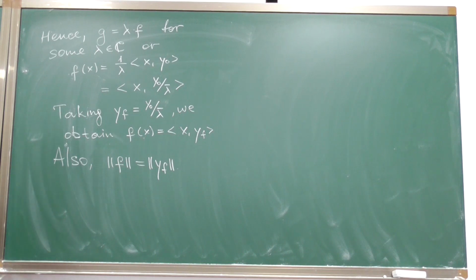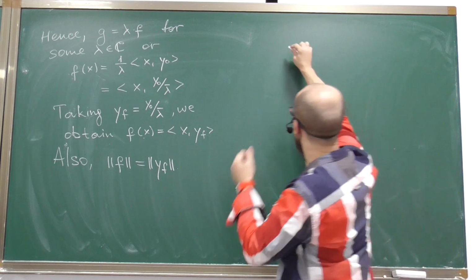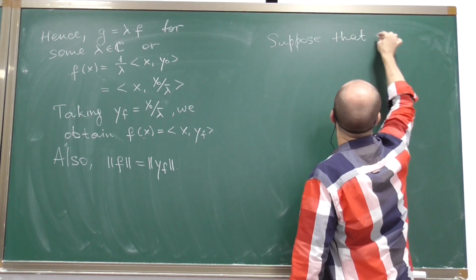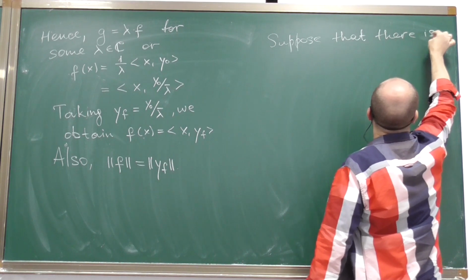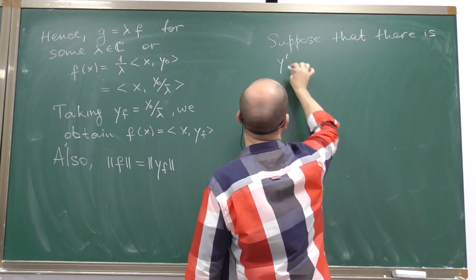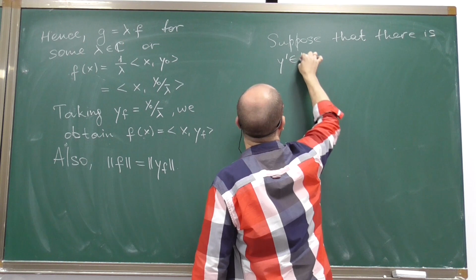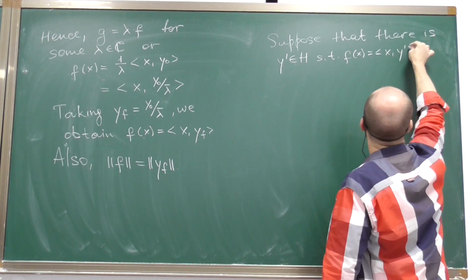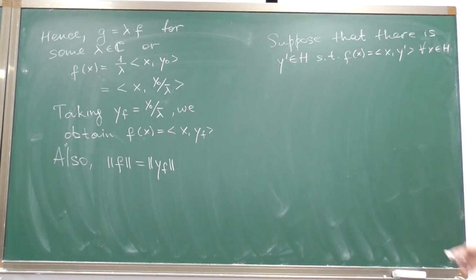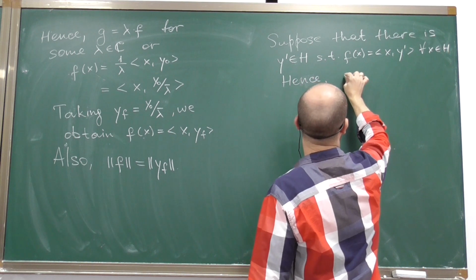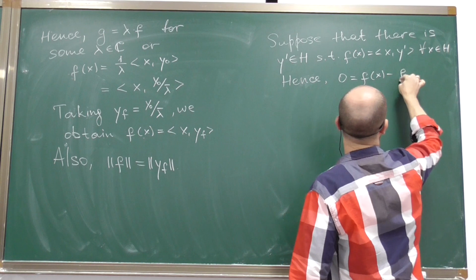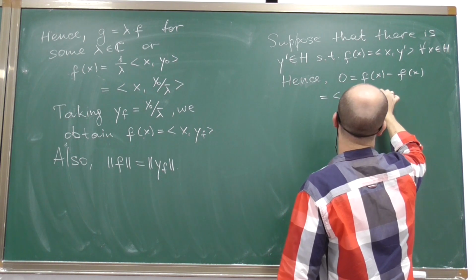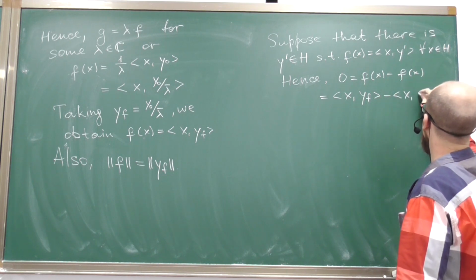So let us now prove uniqueness. As usual, to prove the uniqueness, suppose that there is y prime from H such that f of x equals the inner product of x and y prime for every x from H. Hence, 0 equals f of x minus f of x, which equals the inner product of x and y sub f minus the inner product of x and y prime,